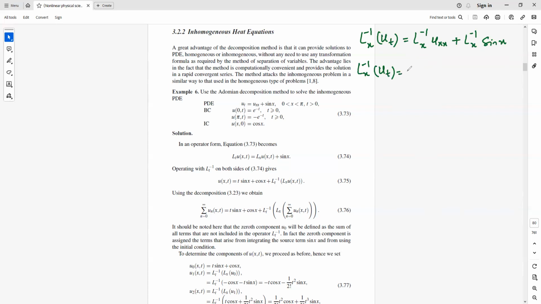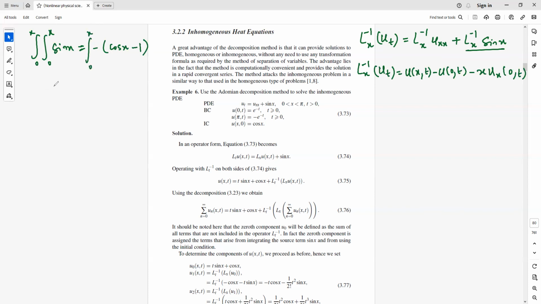On the right hand side, we have u(x,t) minus u(0,t) minus x ux(0,t), and then Lx inverse of sine x means that we need to integrate it twice from 0 to x. So this gives negative cosine x, so negative cosine x minus 1 when we apply the limits,